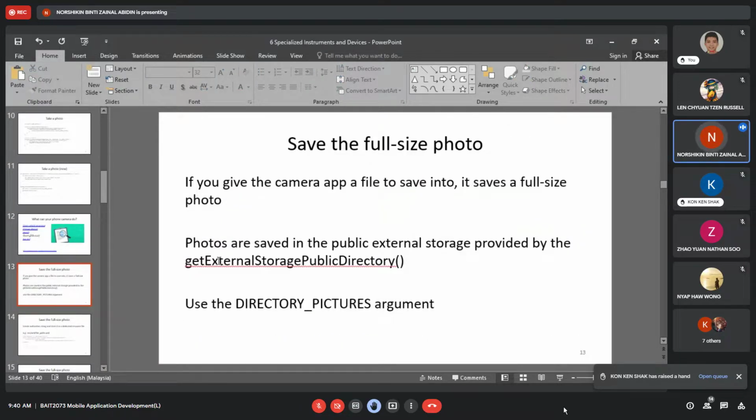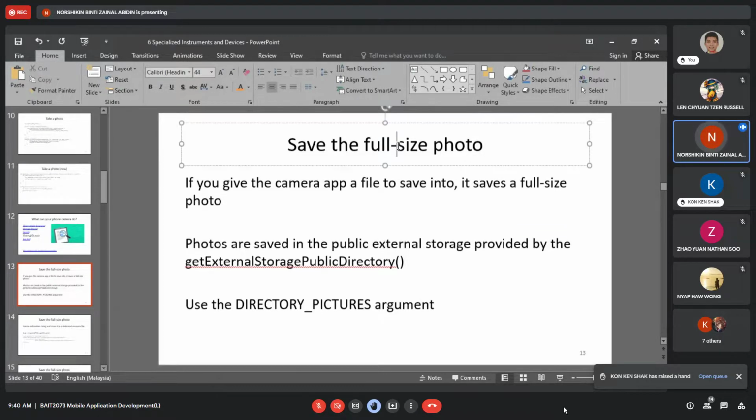Next is save the full size of the photo. Size here is literally the size of the photo, the height and width of your photo. Every photo, even in the gallery on your device, every image that you take, has a size.